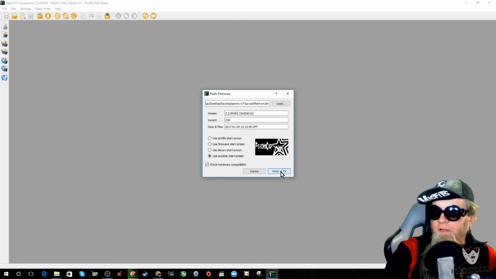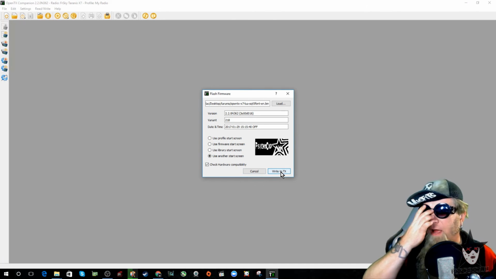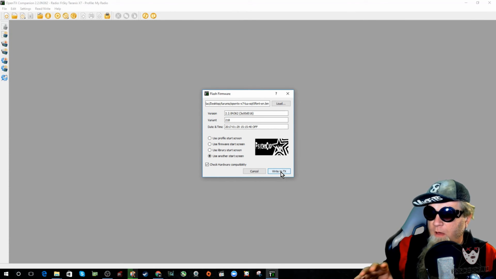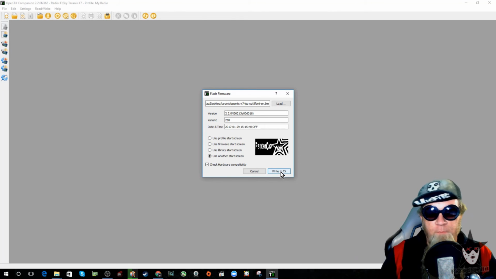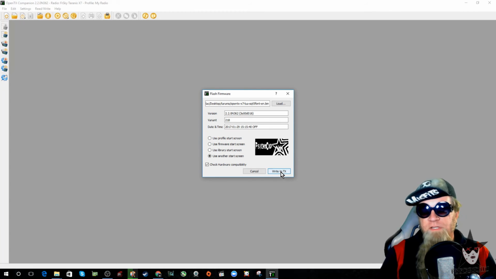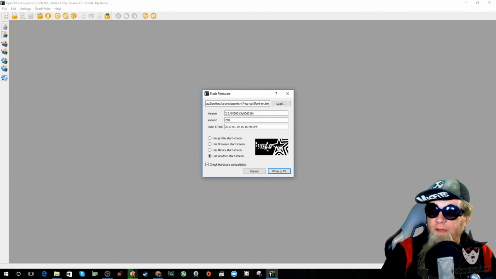Now we're going to just click write to TX, and that's going to rewrite the firmware and the new screen to it, but only the important back-end files. All the stuff that you edited before, if you did the custom sounds and things like that, will stay the same. All the model memories will stay the same. The only thing that's going to change is the firmware is going to rewrite, and it's going to change the